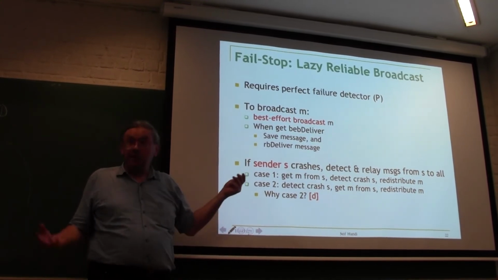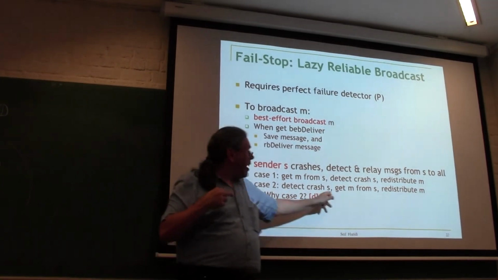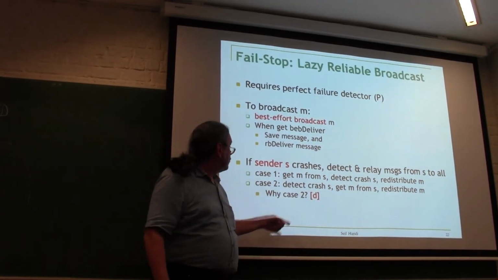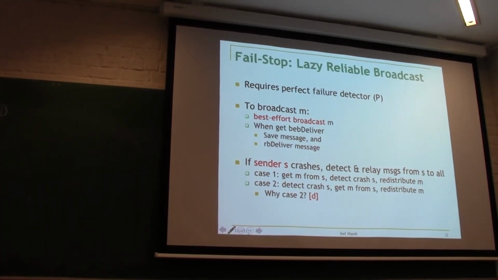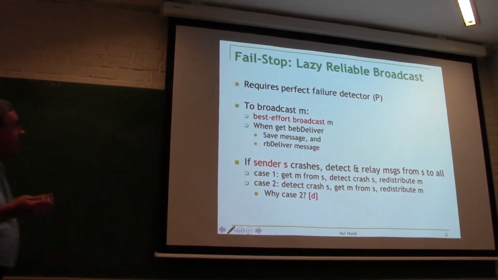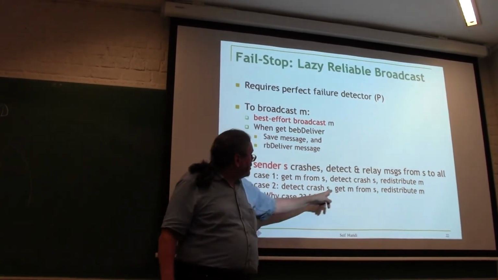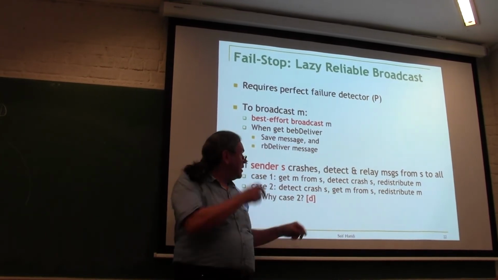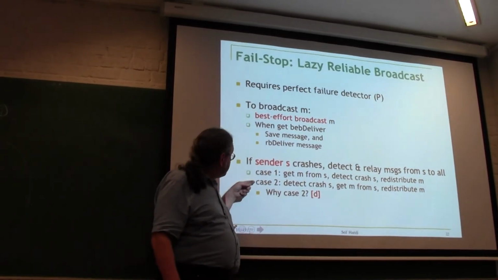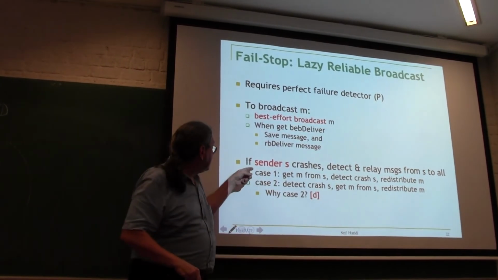Network latency? Network latency, absolutely. The crash might be somehow a very fast message, but the message traveling in the network might be slow. There's no guarantee on message travel time, okay? So it's like you're getting a message from a crashed node, but this message was already in the network when the node crashed. You just got it slower. So that's possible, so you have two possibilities, and you have to handle the two.